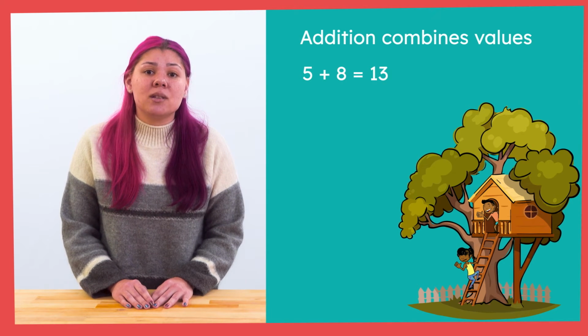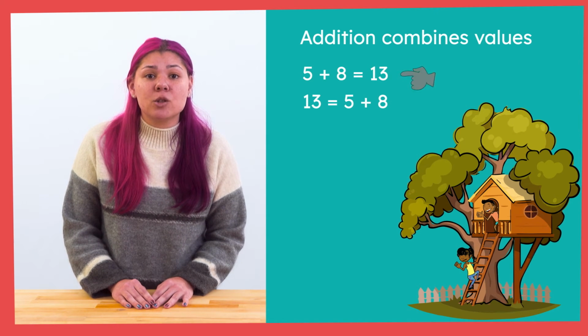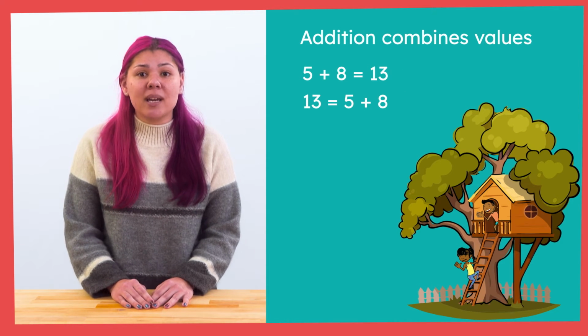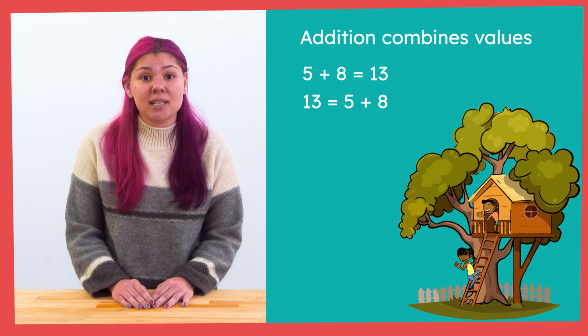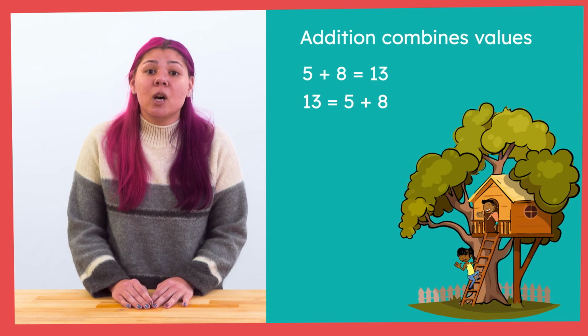So I could write the equation this way too. 13 equals 5 plus 8. Both of these equations show that 5 plus 8 and 13 are the same value. They're just shown in different ways, similar to how when we use expanded form, we're showing the same value, just in a different way. So back to our problem, to show that we're combining the ropes, we could write our